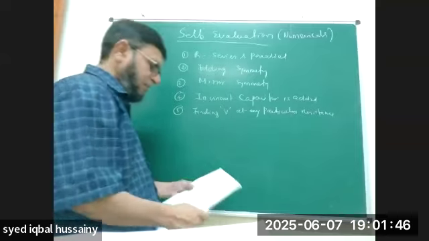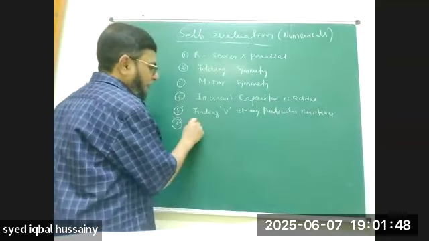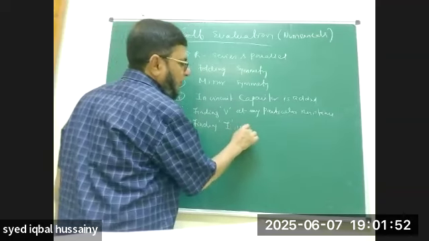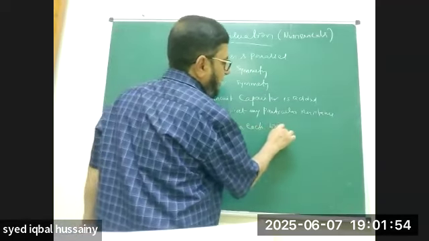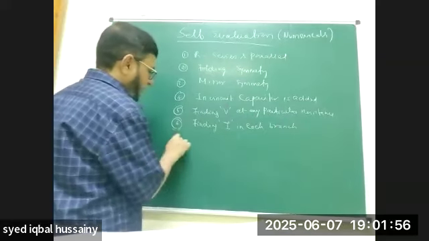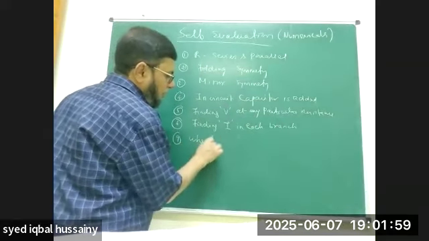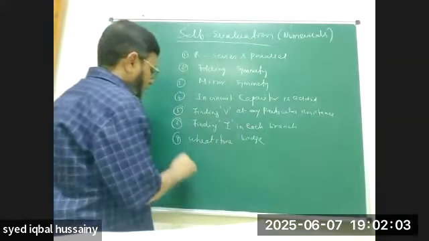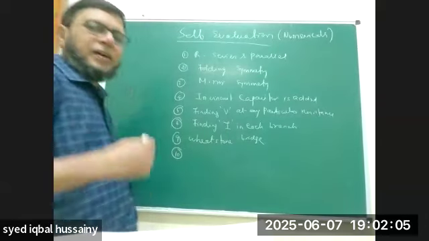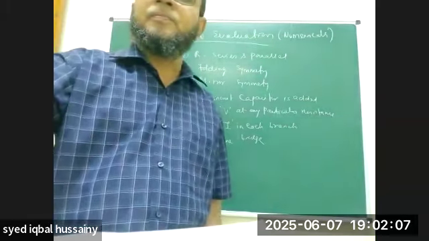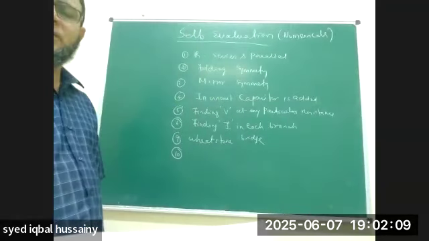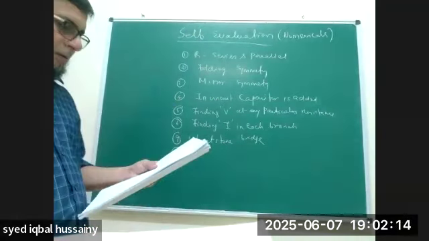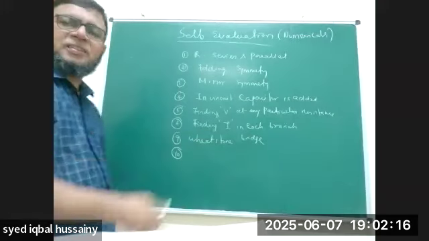Then Wheatstone branch, finding current in each branch. Then Wheatstone bridge. Once everyone has completed all the numericals, then I'll send you. Okay. So Wheatstone bridge. Then if infinite resistance is there,